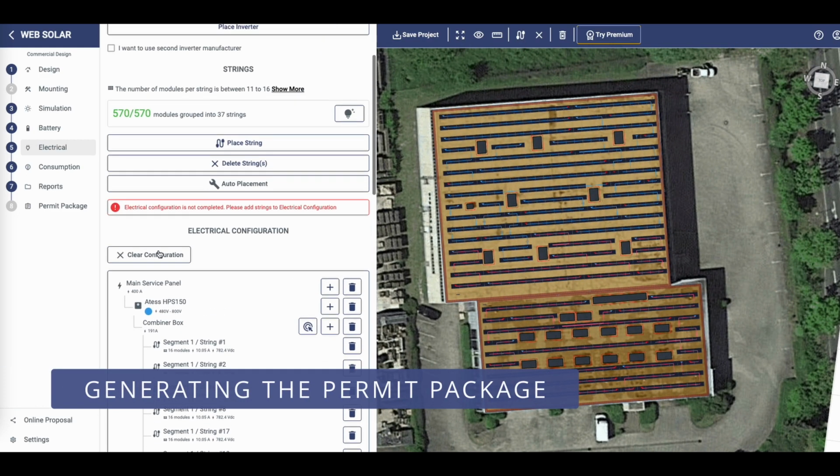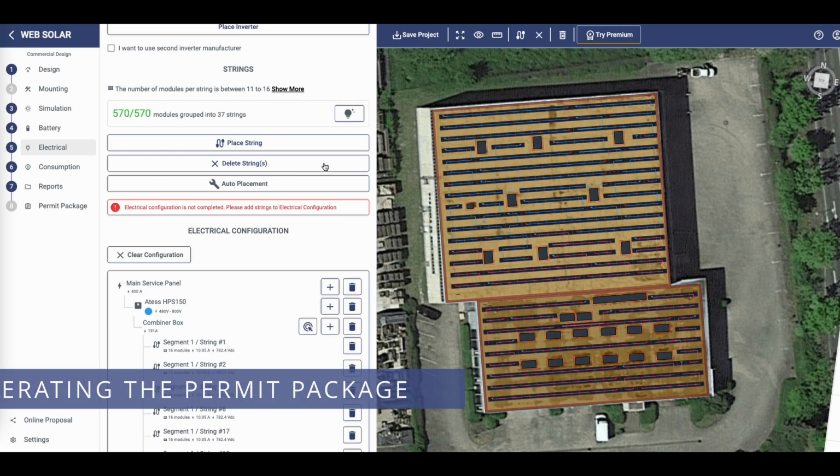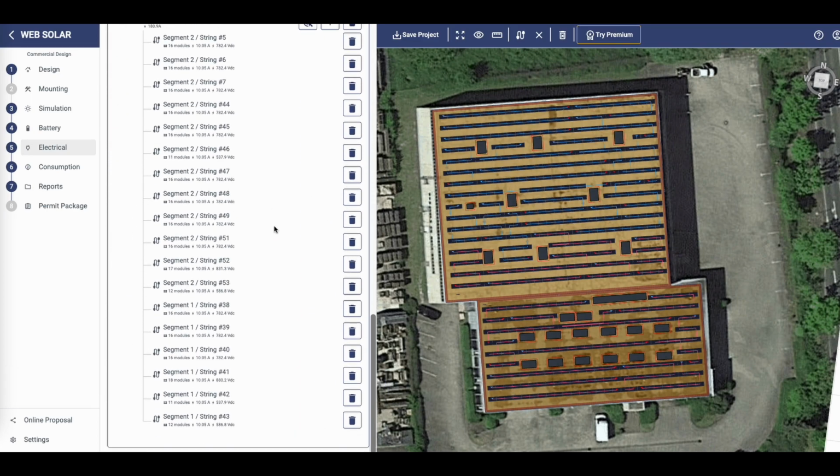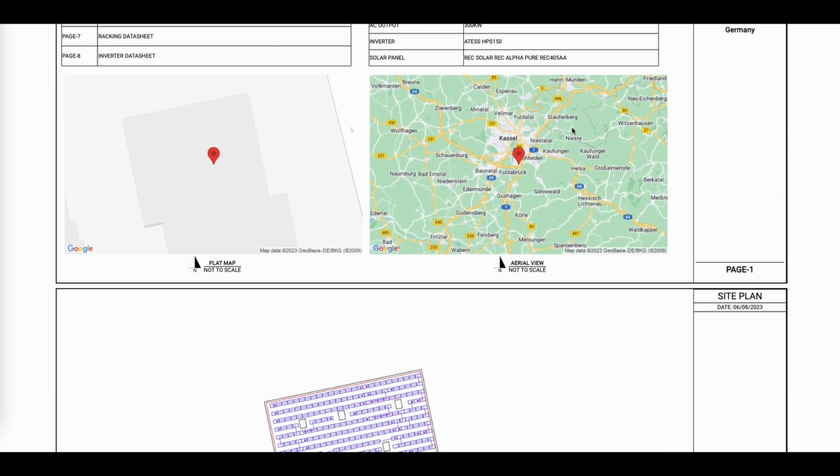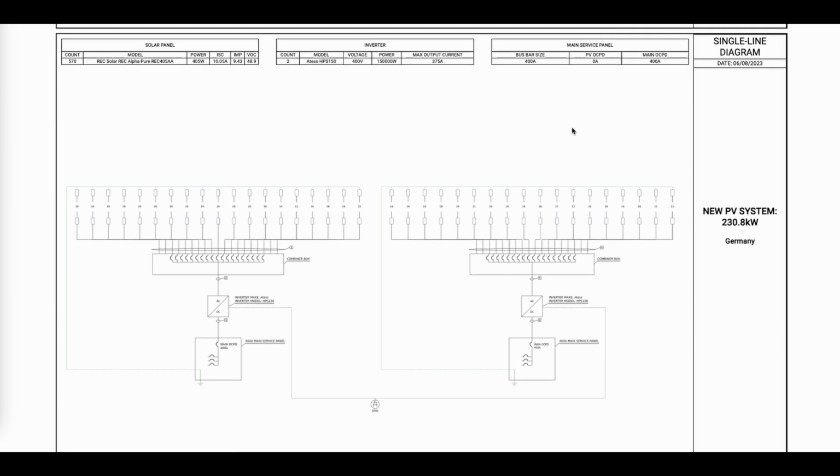Let's move on to the final step, the permit package. Simply navigate to the designated page and click on Generate Package to complete the process. Congratulations! You have successfully generated a comprehensive package that includes the site plan, single-line diagram, attachment plan, safety labels, and